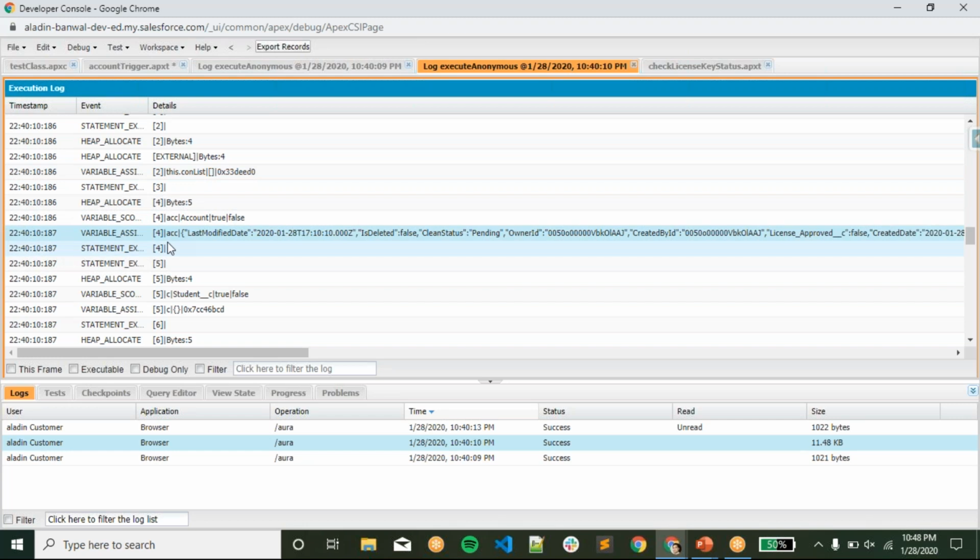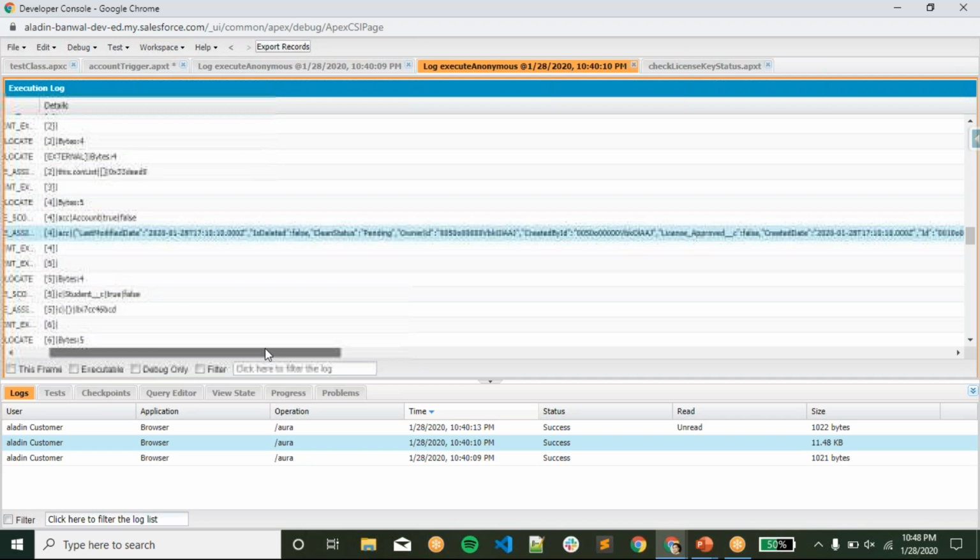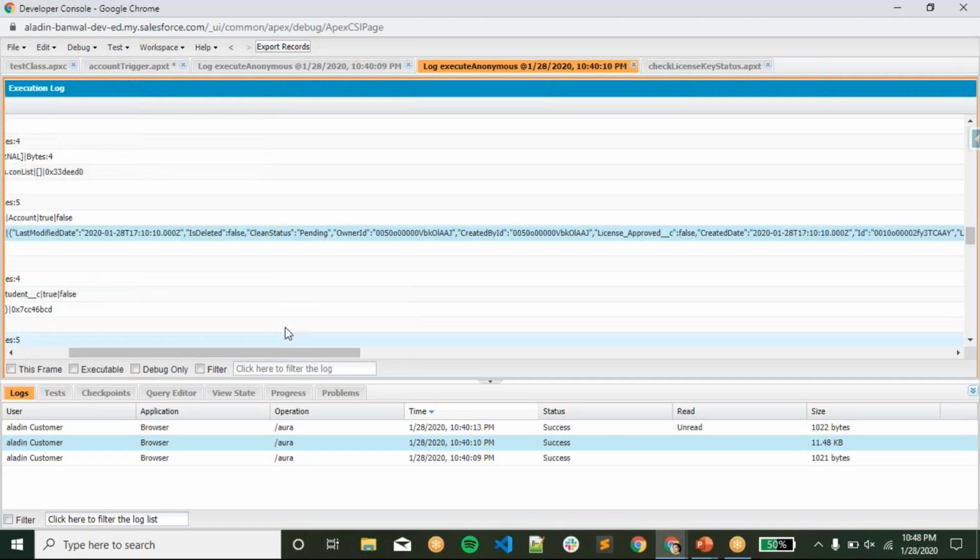Here we are iterating the account. This ACC is the variable name, and it is displaying all the values coming in before insert. You can see the owner ID of this account, who created it, license approved.